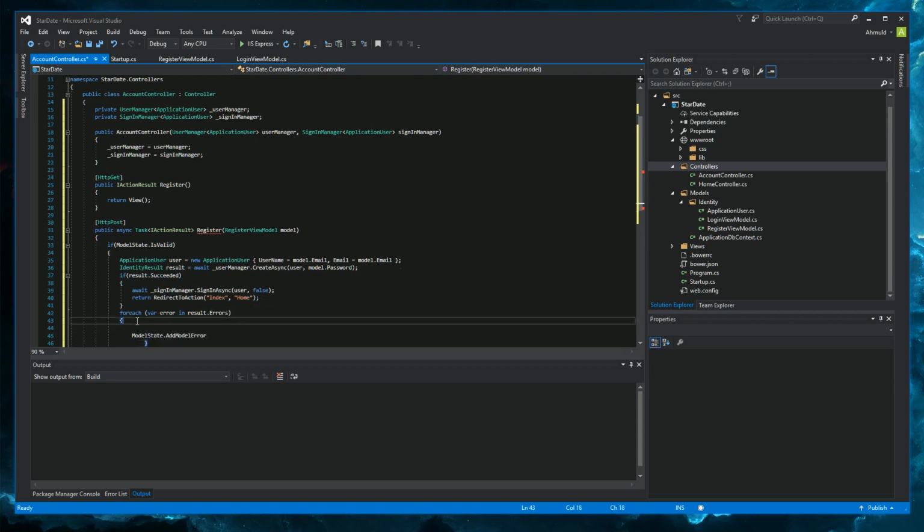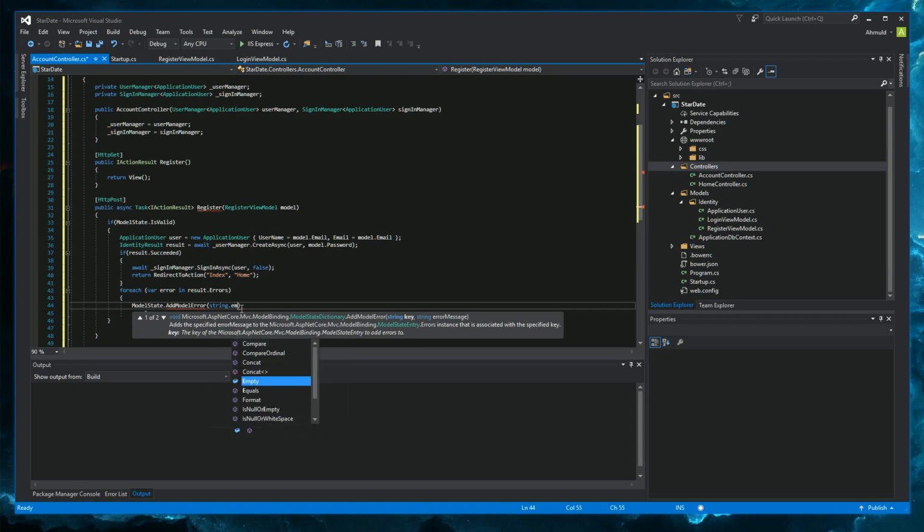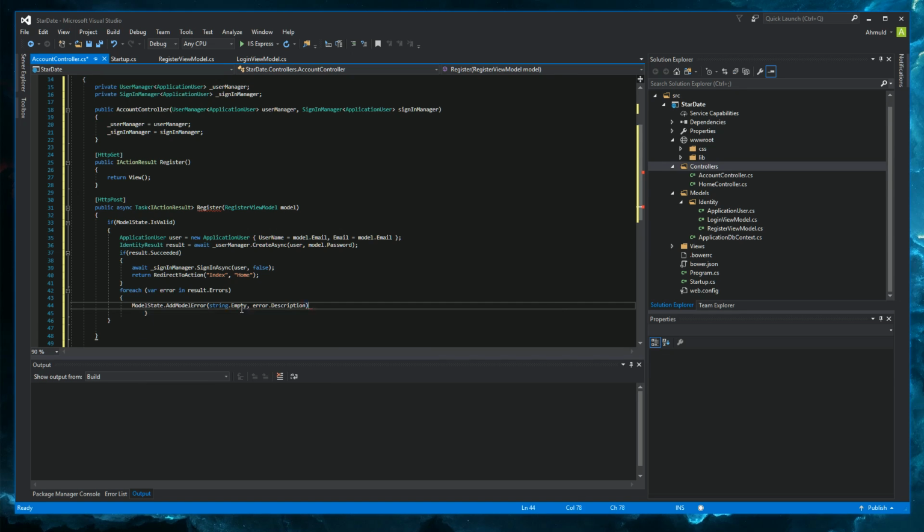And then let's just add each error to the model state. I think we can leave the key empty. And the value will be error.description. So this way, when we return the register view, which is just the register form that we also return here, it will add the error that went wrong when adding the user to the database. So he will actually know what happened. We can do this by simply typing return